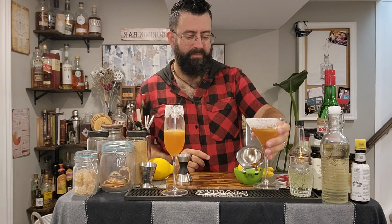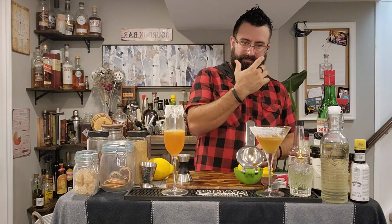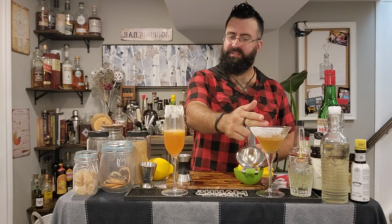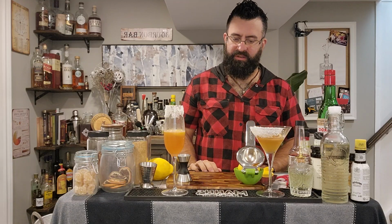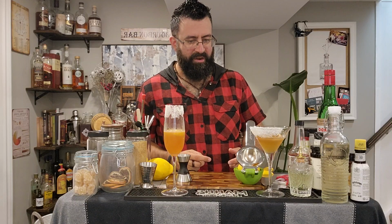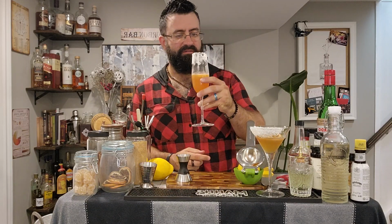Okay, that goes a long way. That mellows that out a lot. It was way too citrusy. I'd cut back to maybe half an ounce of lemon juice on this if it was me on a regular sidecar, because it's just too much lemon. It's just all lemon, and it really cuts through and kind of overpowers the cognac. This is still...